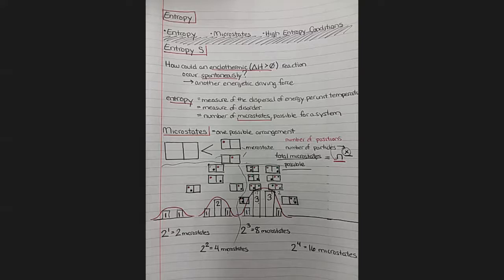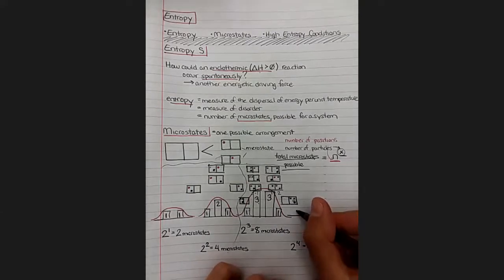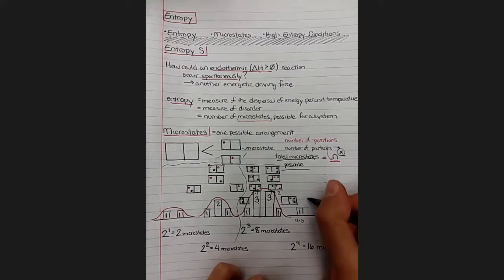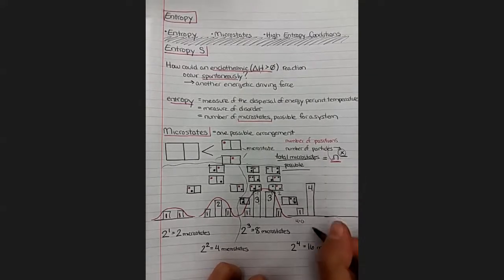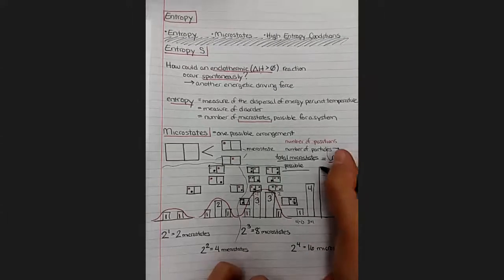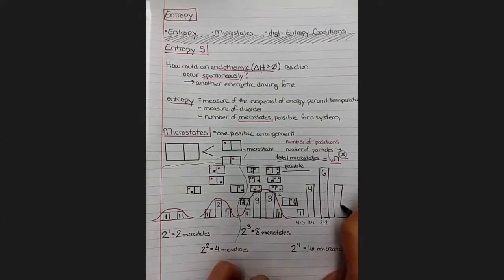Okay, if you're still with me, that means you've either drawn the pictures or you've given up. And I am not going to draw the pictures because they're clearly not going to fit here. But we can draw the bar graph. There's going to be one option with 4 and 0. There's going to be 4 options for 3 and 1. There are going to be 6 options, huge bar in our bar graph, for 2 and 2, where the particles are evenly distributed. Then it's going to look the same on the other side.